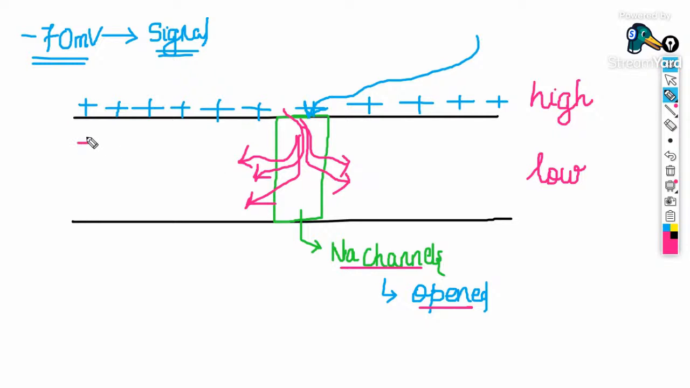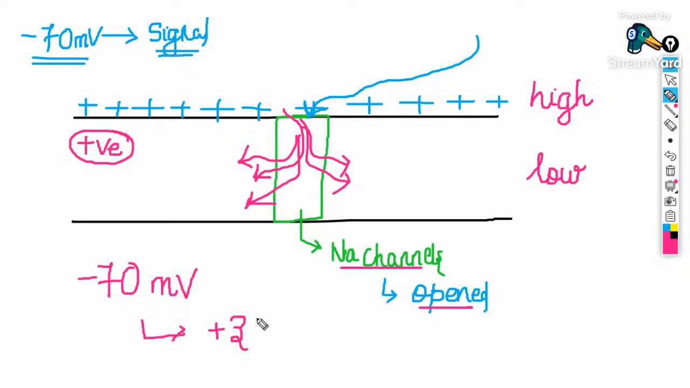So that means positive charge is going to enter. Positive charge has entered inside the membrane. We have already learned the potential as minus 70 millivolt. This minus 70 millivolt changes to plus 30 millivolt. Clear? So the process where the sodium channels are opened and sodium ions move inside, creating a signal, that is, minus 70 millivolt changes into plus 30 millivolt,